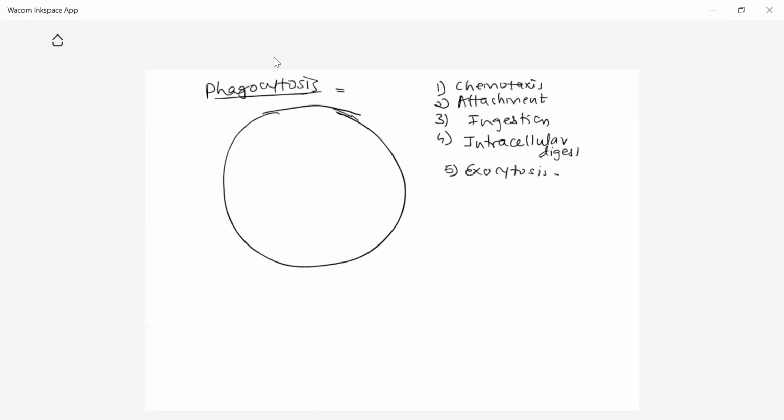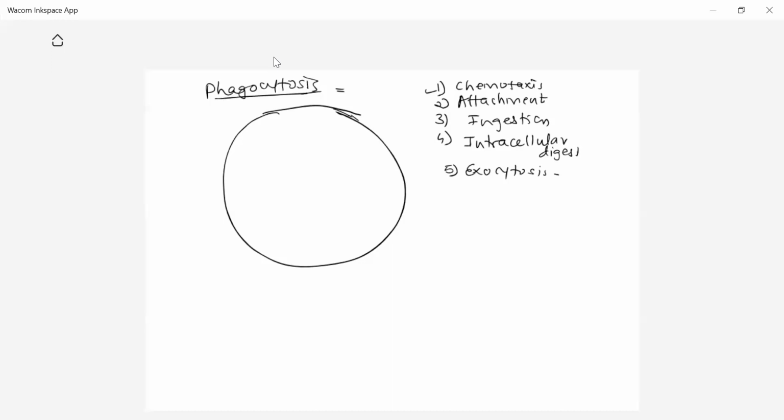Here, as I told, phagocytosis is the engulfment of foreign antigen, especially when the antigen is a bacterial cell or any blood cell. In that case, these cells are phagocytosed. They are engulfed by such a large phagocytic cell and destroyed from the body. This process takes place through 5 different steps, the first being chemotaxis. Now what happens in chemotaxis? These PMNs, neutrophils, or macrophages migrate towards the site where antigens are present.